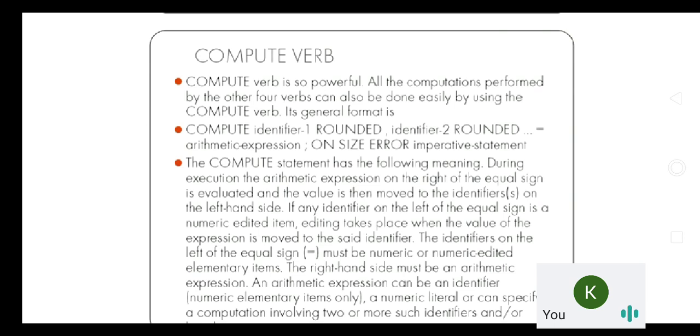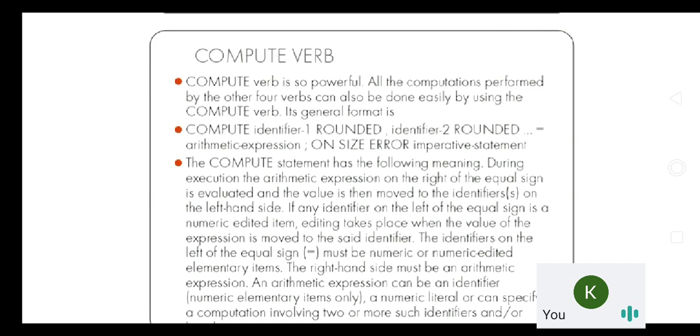Normally, along with add we use to, and along with subtract we use from. Subtracting one value from another value, that is why we use from. Adding one value to another value, that is why we use to with add. Similarly, from with subtract. And multiplying one value by another value, so we use by with multiply.